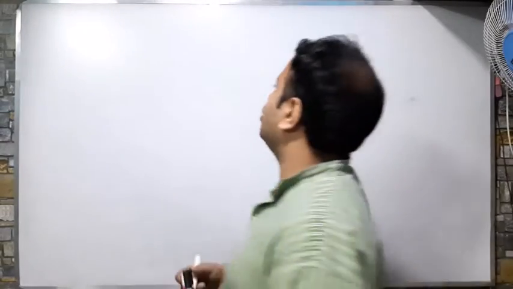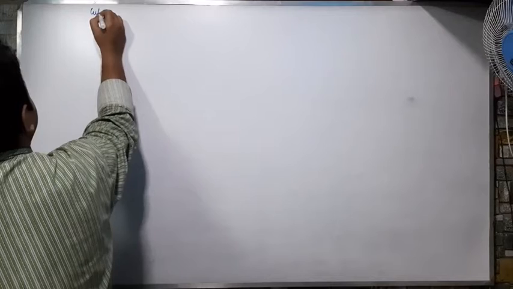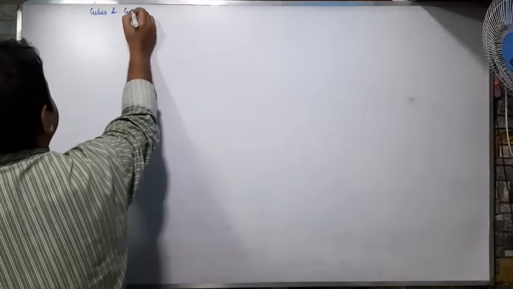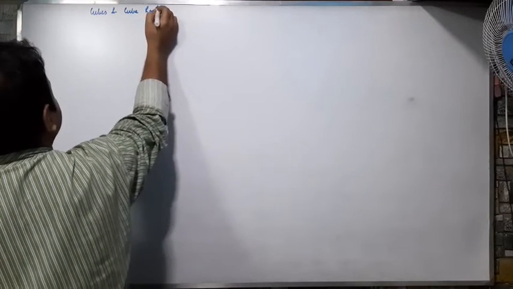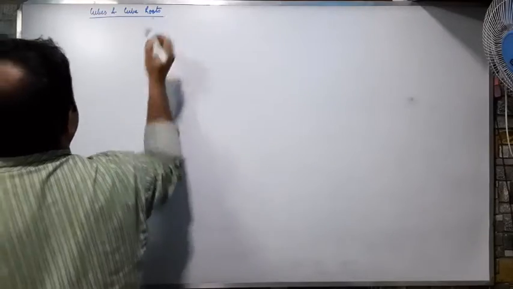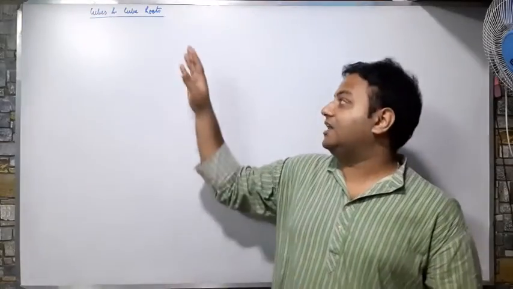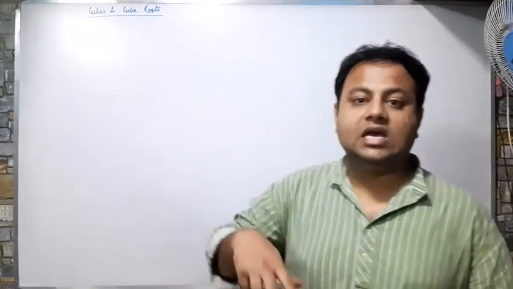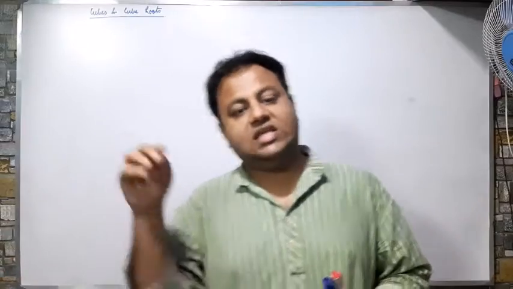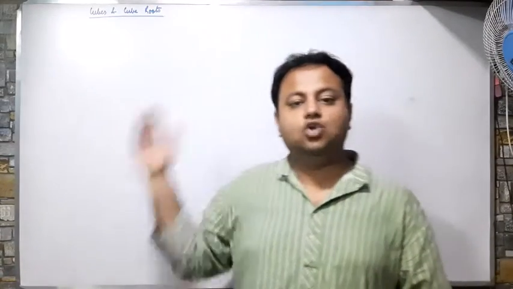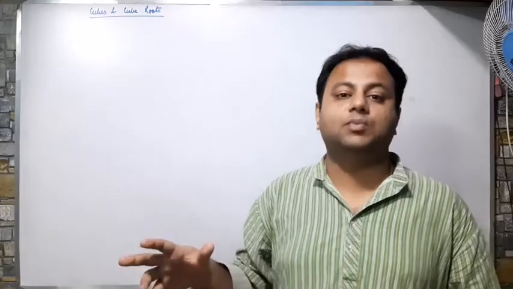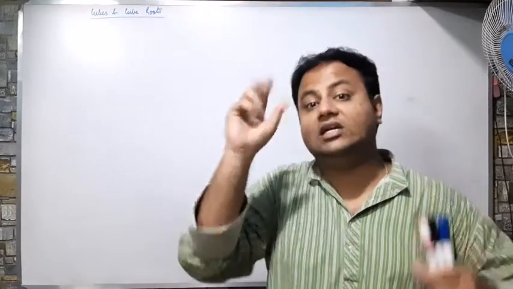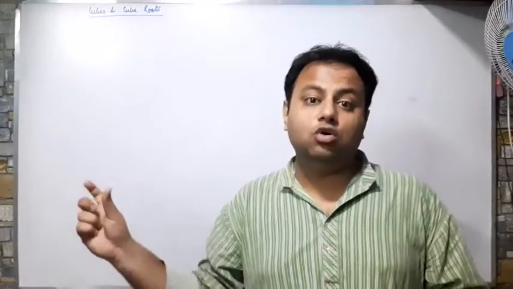Hello students, so we are back with a new chapter of mathematics, that is cubes and cube roots. This is basically a very easy chapter. Why? Because most of the things that we have already studied in squares and square roots are going to be repeated in cubes and cube roots. Nothing new has to be studied in this chapter. Only the difference is the name between cube and squares.